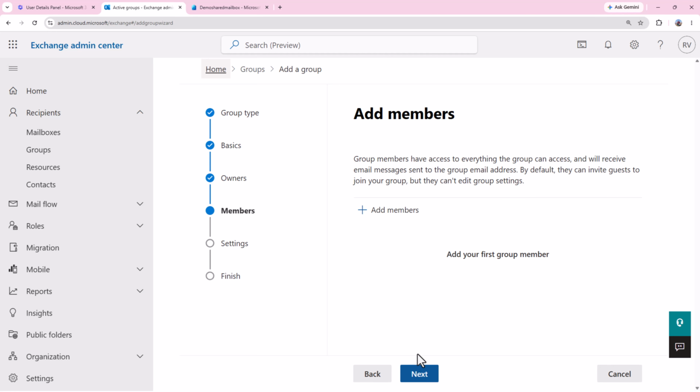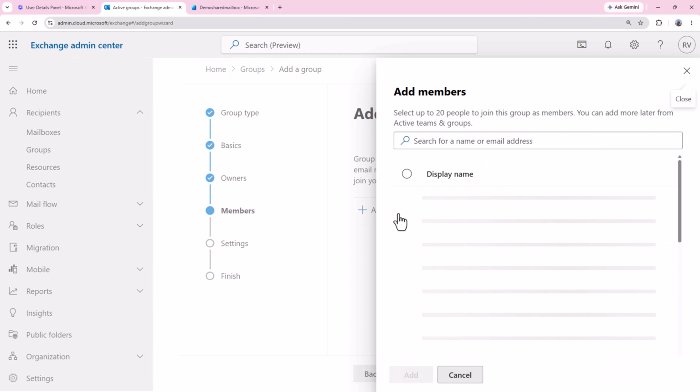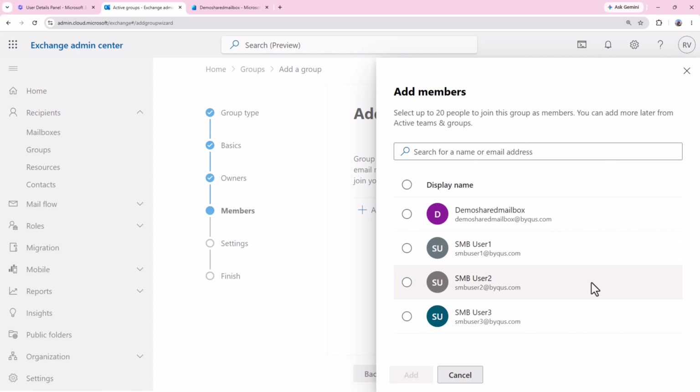next, and you can add members here. SMB user 1, SMB user 2, and SMB user 3. The group owner is not a member of the group by default. So let us add SMB user 1 and SMB user 2. We will leave SMB user 3 for send as access. So click on add,